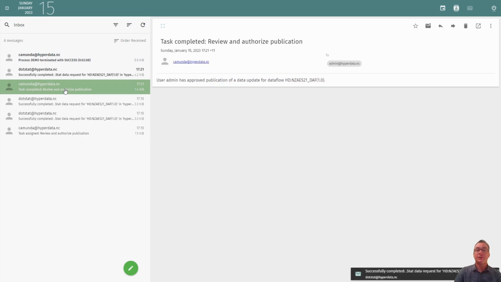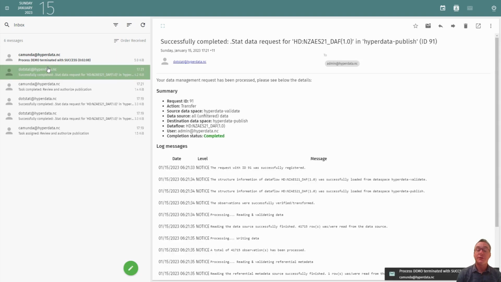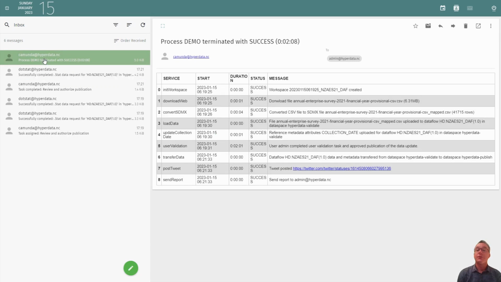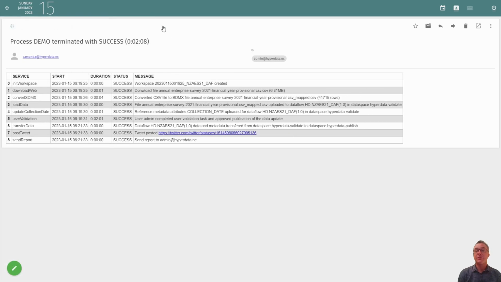We'll see a notification from .stat saying that data and metadata have been successfully transferred to the dissemination environment. And as defined in the process model, when the process is terminated, we'll receive also an execution report providing some information on the execution of each step of the process.